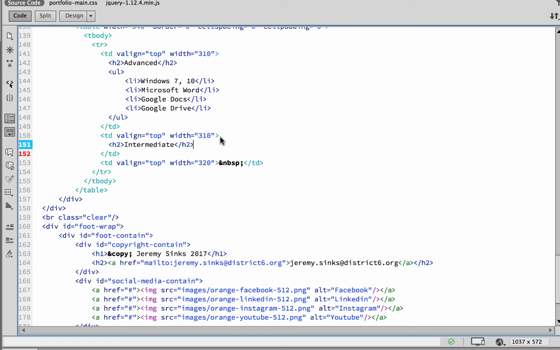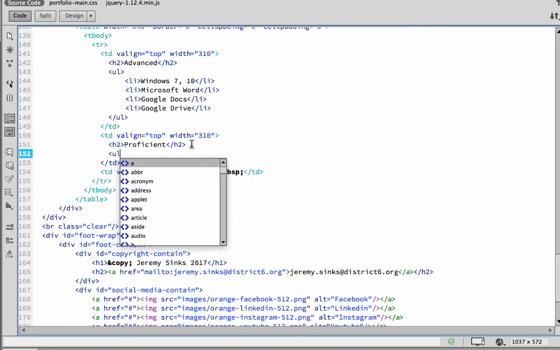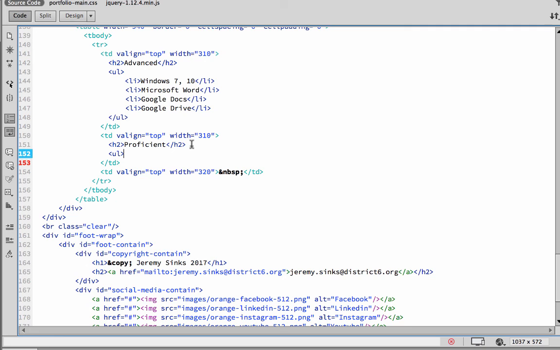skills, or proficient maybe. Let's go ahead and do proficient. I like that word, proficient. Okay, and I spelled that wrong. Proficient, there we go. And right after that, enter return key, and then unordered list, left caret ul,